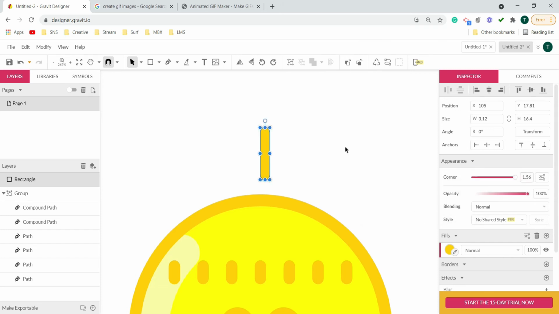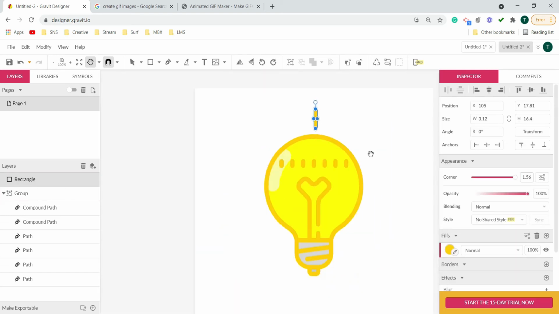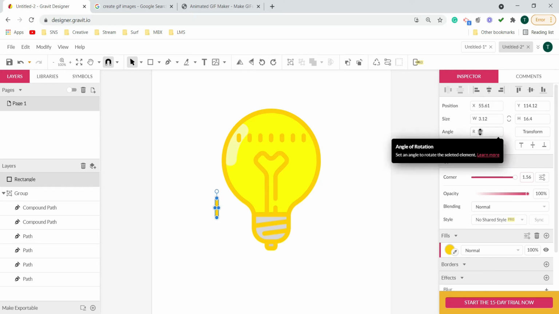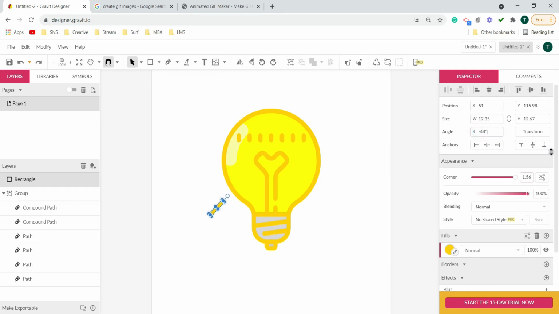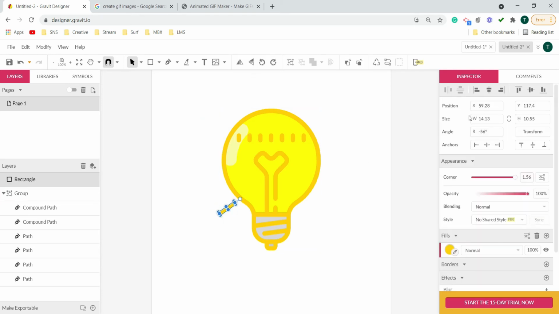Okay, this seems about right. Now zoom out a bit, select the shape, and let's bring it over here. And I'll rotate it somewhat like this, and let's place it somewhat over here.